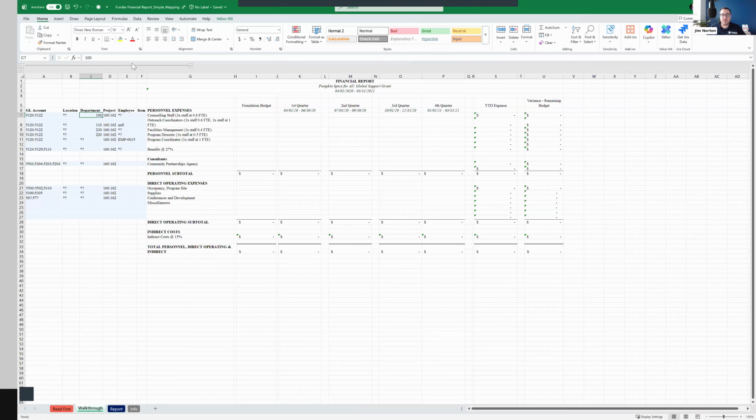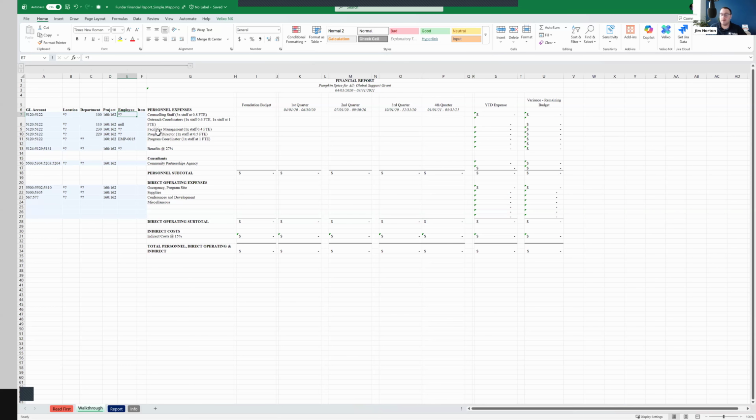Now we may budget these particular staff to a particular department, so I can put that in. This may be a range of projects. Maybe this is a grant that's represented by a range of project codes. So I can put a simple range and say anything booked to project 160 through 162. Hey, that's this grant, and that's how I'm going to report on it. Again, employee, I don't care. And the other way to do I don't care, by the way, is simply leaving something blank, right? So I could say any item, right? Because I haven't specified a filter here.